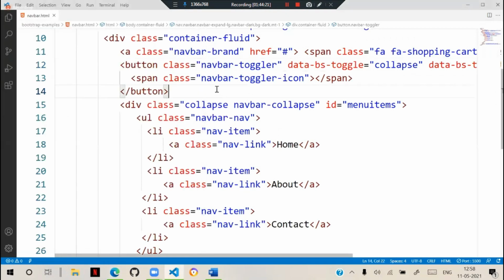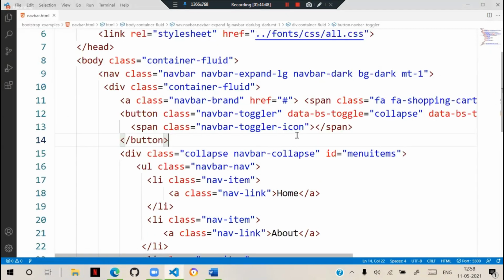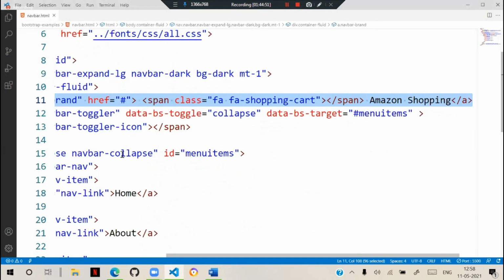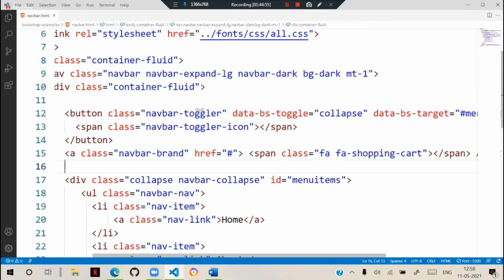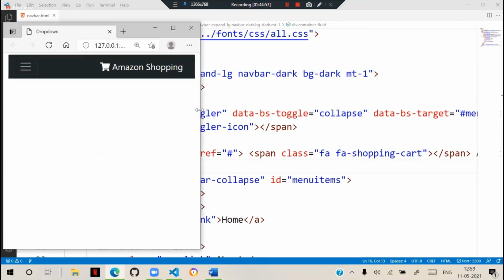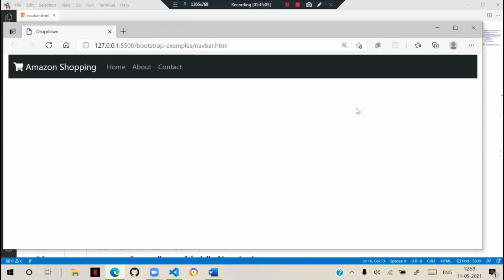That means you see the toggler icon, click on that, and these options will display. And when I'm adjusting the width, automatically that menu will be gone. That means the navbar will change according to the state and situation.